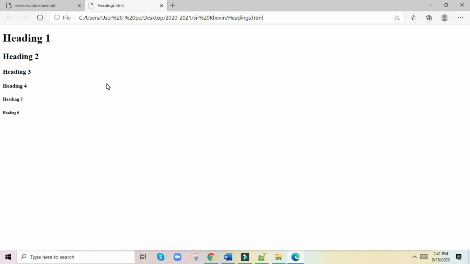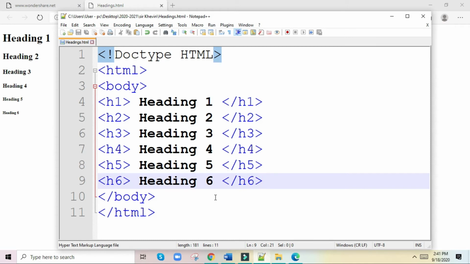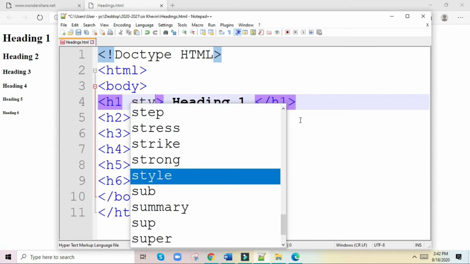H1 headings should be used for main headings, followed by H2 headings, then the less important headings, H3, and so on. You can add styles in headings. So for example, go back to your source code, and then inside the H1 or the heading tag, type style,